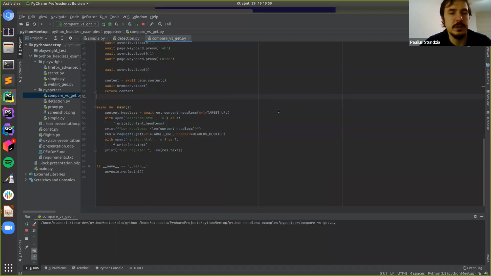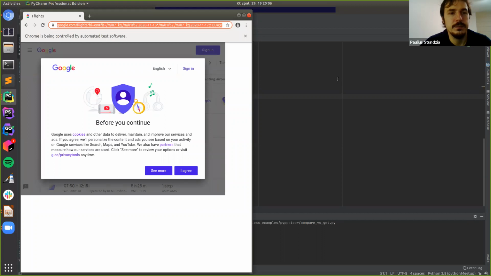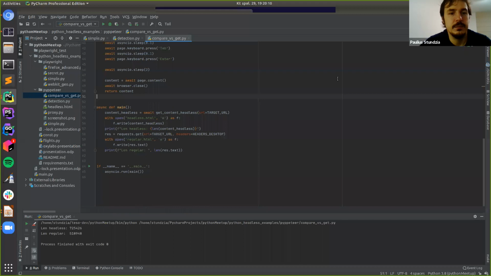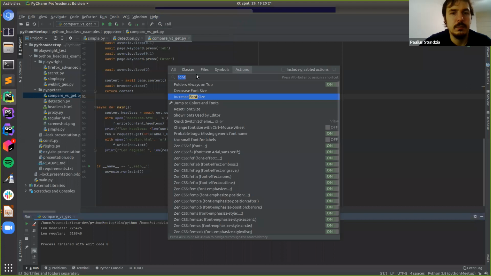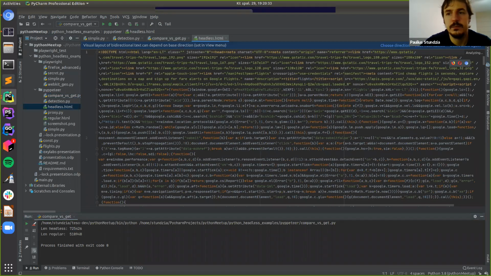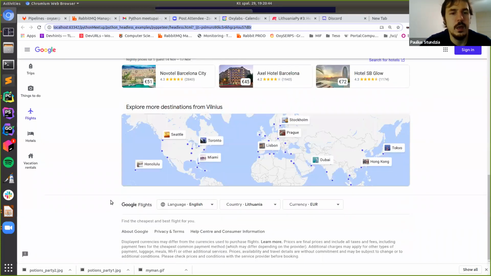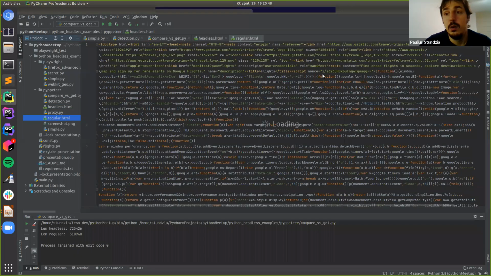If I run this, you can already see in the content length there's about 200 kilobytes of extra data. And if we open the HTMLs, here we have our flights, we have the map now. And let's see, with regular requests,